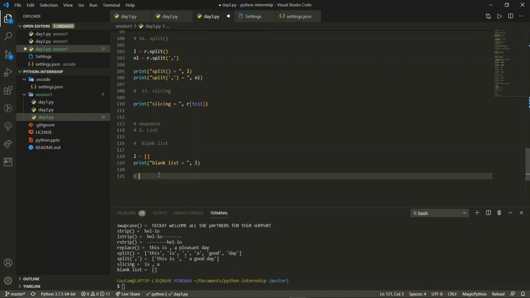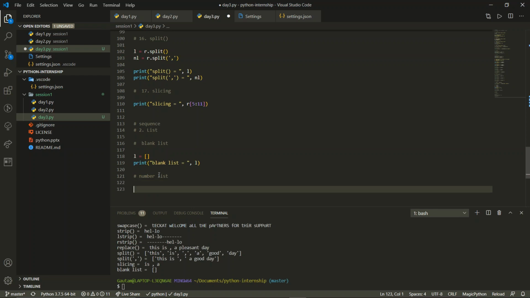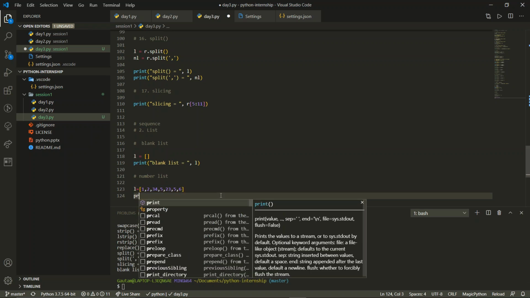Now we'll have a number list. L equals, storing in the same variable, it doesn't matter to us. Okay, let me include one element over here. Yeah, this is done. Now we'll print it again.